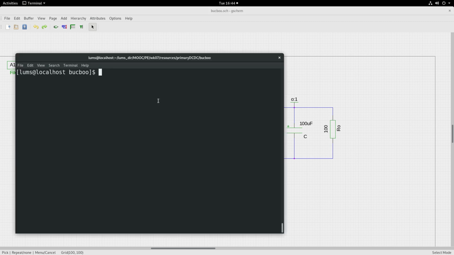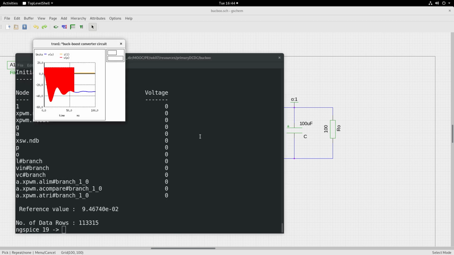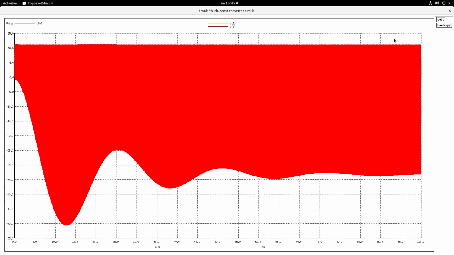Let us go to the terminal and let us run the simulation for the buck boost. It will generate the netlist and the waveforms, and you will see that the steady state is around the right side.